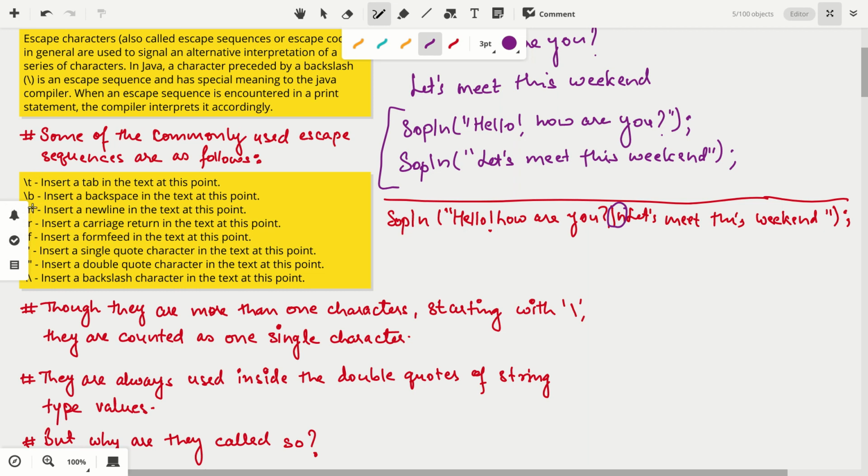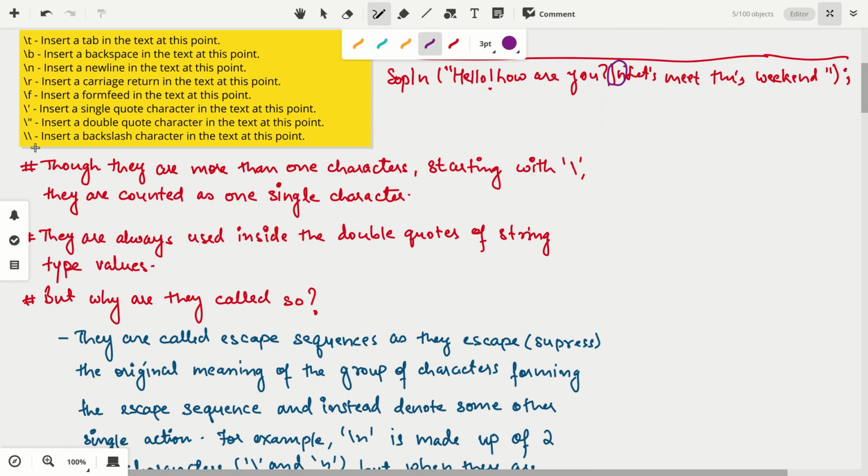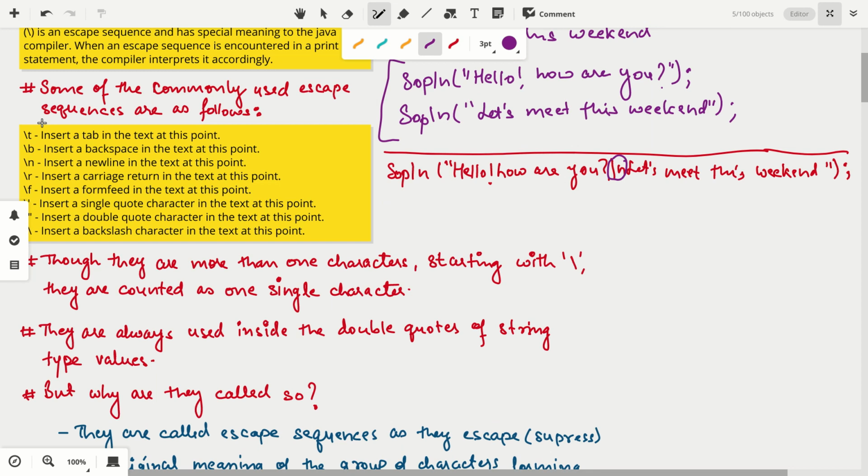So after that it will expect n, r, f, t, b, one of these. If not found, it will give you an error.